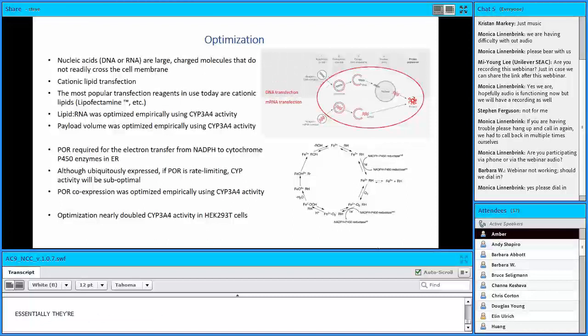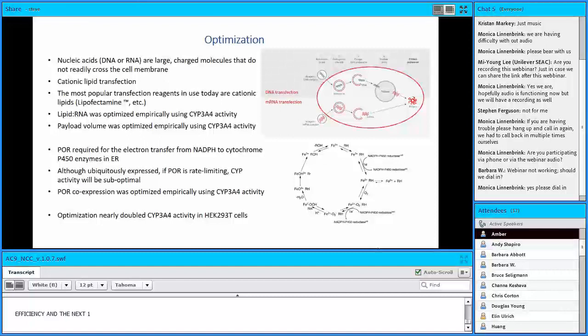And so with respect to transfections, there are a couple of things you have to optimize. One is the lipid to RNA ratio that you use, and that differs from cell type to cell type. And then the other thing, once you have that ratio optimized, is how much of that you can actually deliver to cells to maximize, in this case, cytochrome P450 activity without inducing cytotoxicity, which is something that we hadn't empirically determined. So the first set of optimizations dealt with transfection efficiency, and then the next one was cofactor